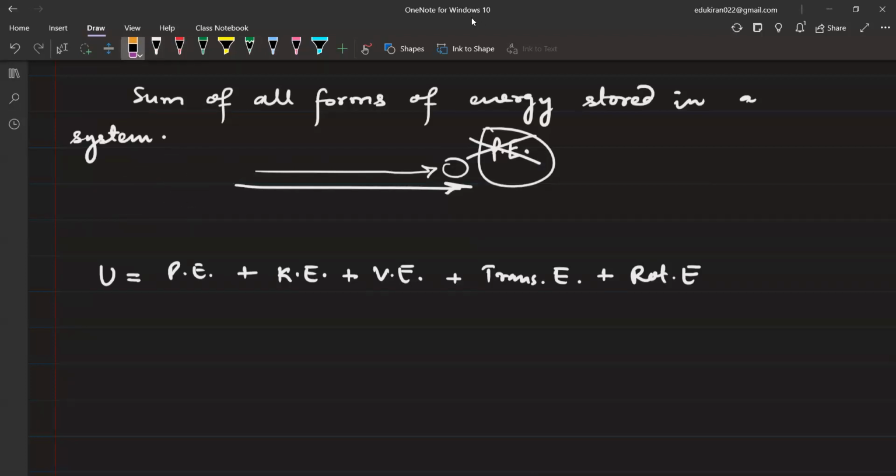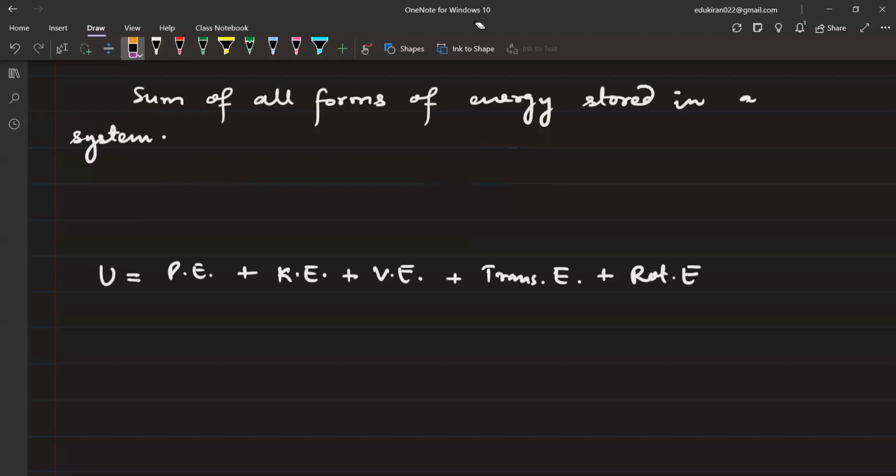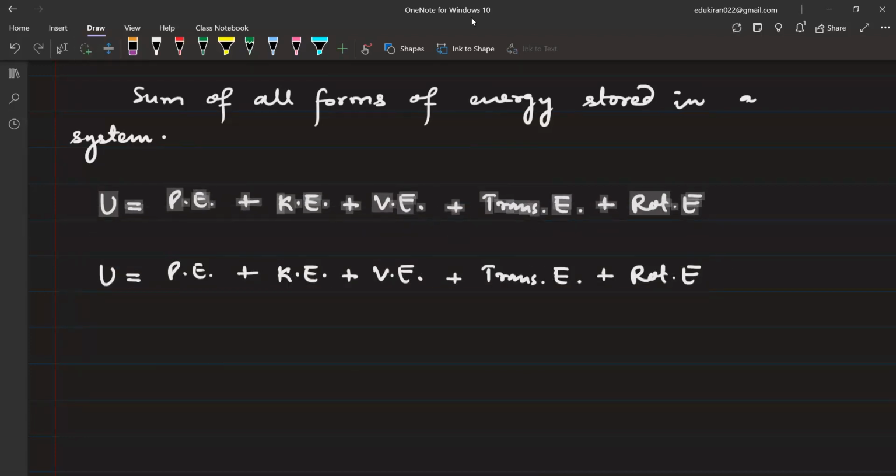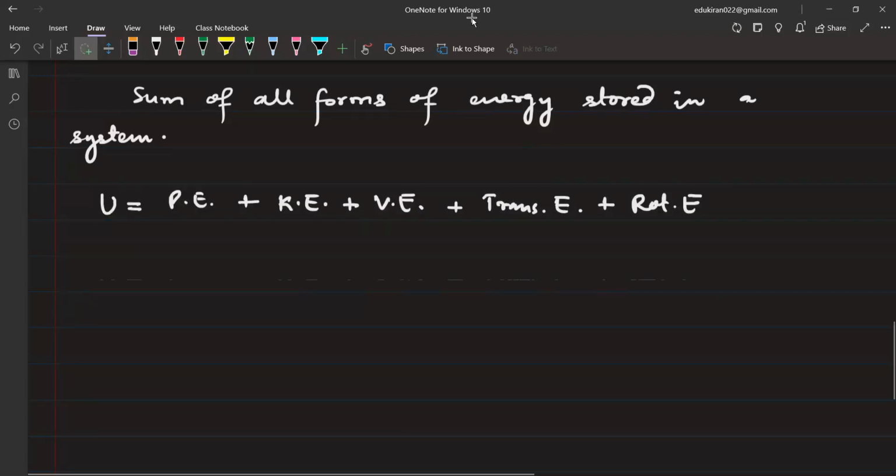Also, this particular case of the ball was a very simplistic case. But if I talk ideally about each and every substance, then it is impossible to measure all kinds of energies. So we generally focus on those energies which are going to change. So rather than calculating the complete internal energy of a system, we calculate the change in internal energy. Does this make sense? Yes or no? Please tell me. Mariam, Martin, Yasir, Sarah. Makes sense? Yes. Moving on.